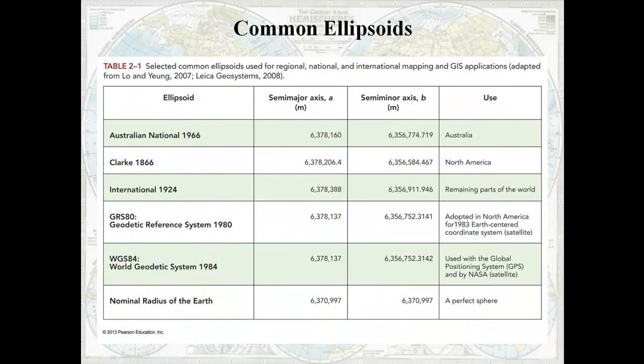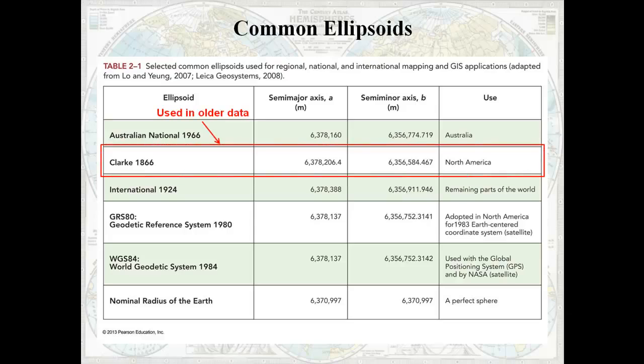Common ellipsoids. There are 3 that are generally used in North America, so a lot of the data you'll see in North America is based upon one of these 3. The older data uses the Clarke 1866 ellipsoid. This was developed before satellites, when they didn't really know where the center of the Earth was, so what they did was they made the ellipsoid go through a certain point on the Earth, probably somewhere around the eastern central portion of the United States, and then everything else fit to that. So there are some large errors if you use this ellipsoid in other continents or other parts of